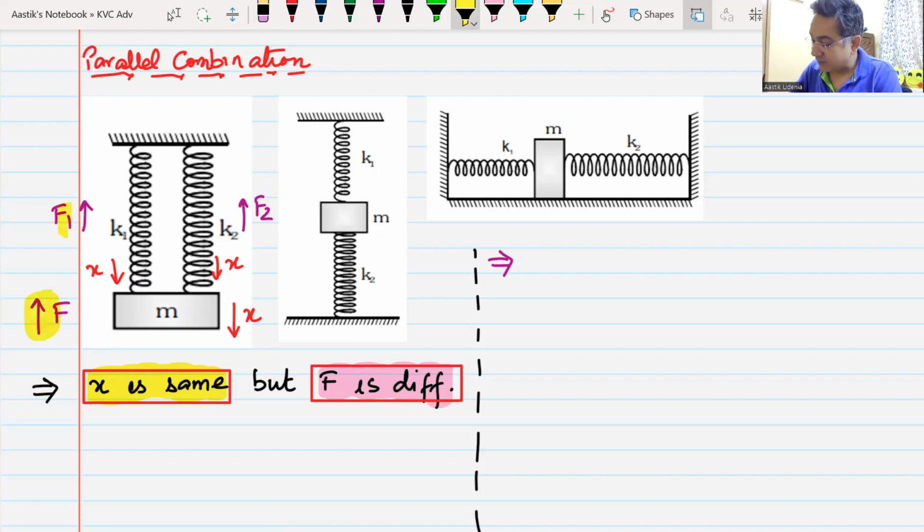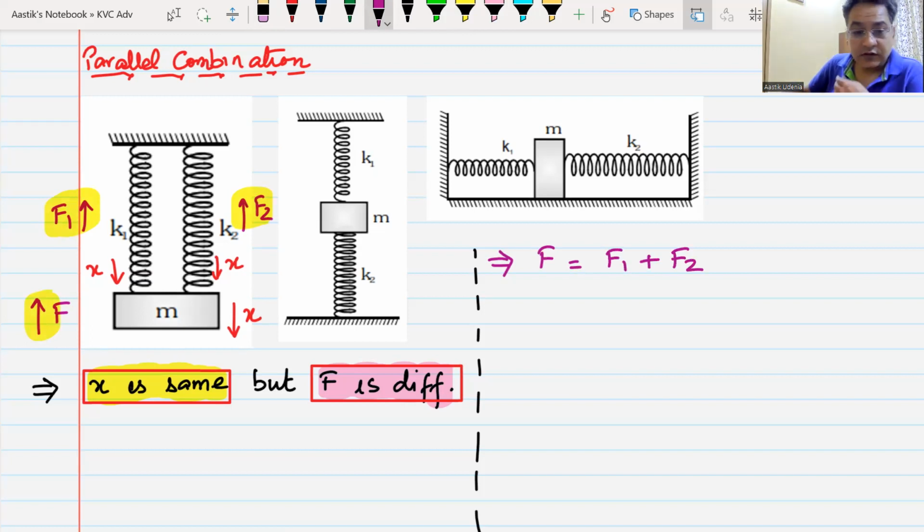So from here I can write, total force F acting on the block will be equal to F1 plus F2. Yes or no? Yes, sir. But the displacement is same. Now, this F can be written as K effective multiplied by X. This will again be equal to